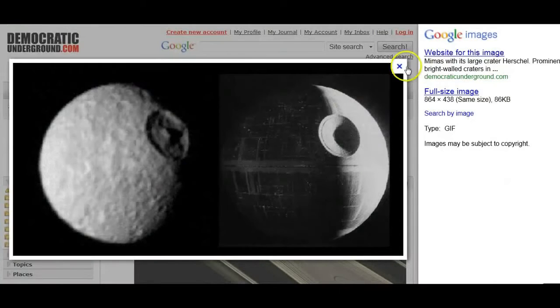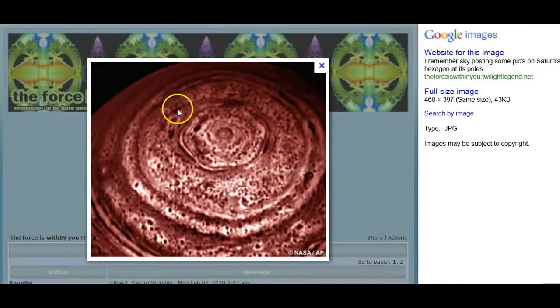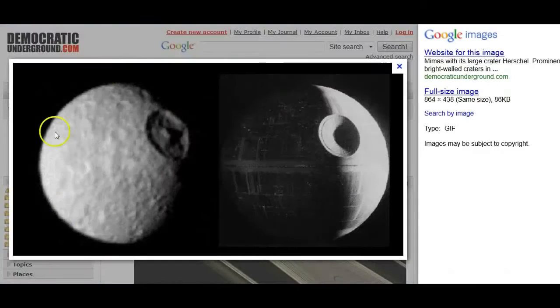And we also see that at one of Saturn's poles, there's a hexagram. So once again, we see this very unusual geometry with Saturn. So you think that that would actually rate a mention with NASA? Obviously it doesn't. Now I just wanted to show you this really unusual